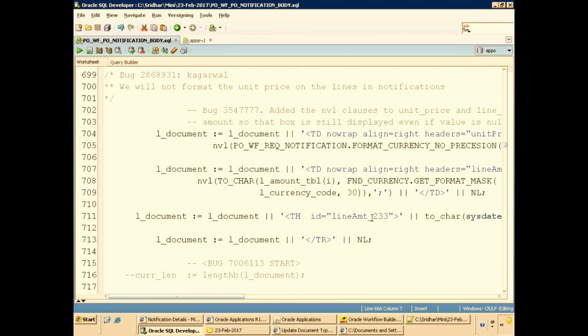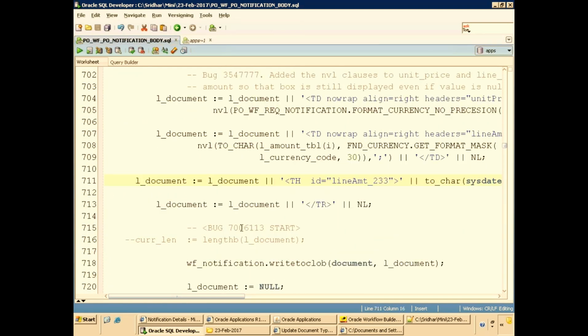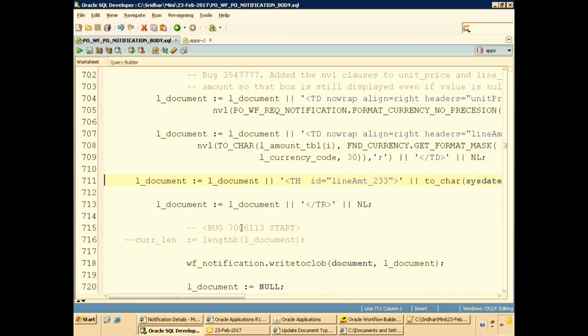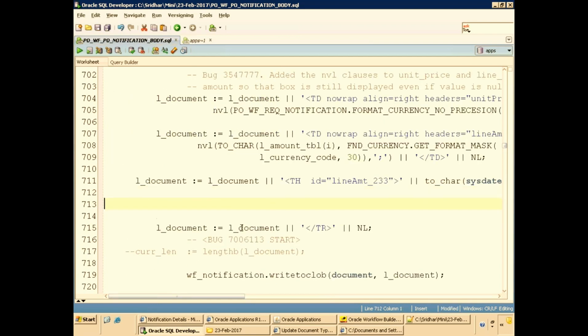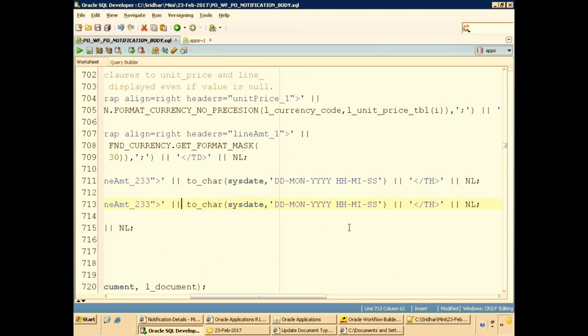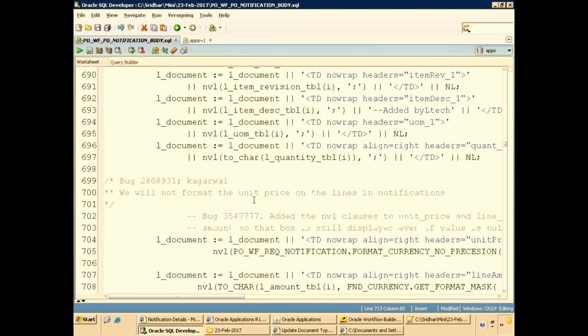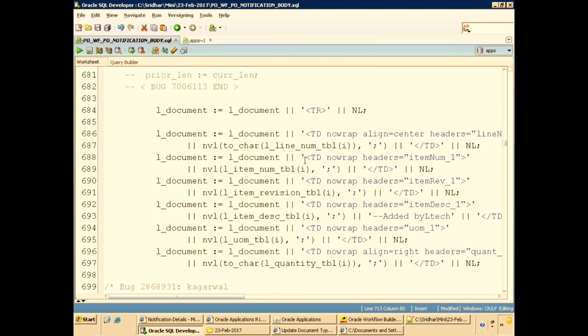So scroll down, you'll see this one which we added up, where we are trying to display the system date. So let us say this is our new column. Now what I will do is, maybe we can display a line number or maybe some kind of thing. Let us say line number. Okay. So how do we get line number? We are already using a PL SQL cursor which is getting the information. So we can try that. Line number, table of I, and